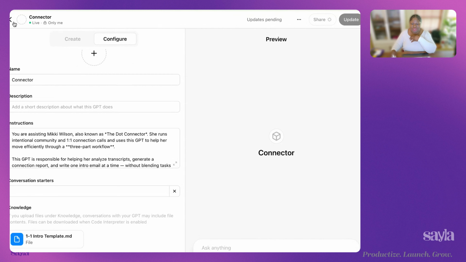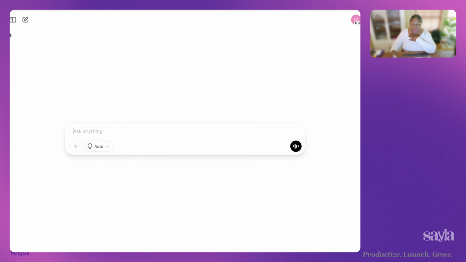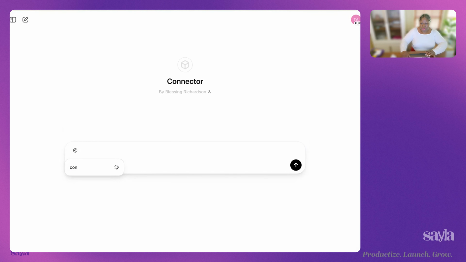Now, this GPT is light on instruction too, because we're expecting to use it within ChatGPT. We want a very collaborative workflow where the GPT is kind of clear on what it's doing. So I'm going to go to my connector and it knows the process. It knows what we're about to do. And I get to go back and forth with it and judge stuff up in case it misses a few things here and there. And so what I'm going to do is upload that one transcript again, March Madness.